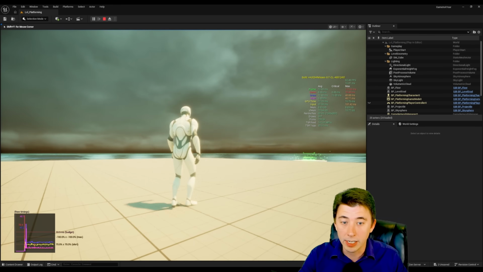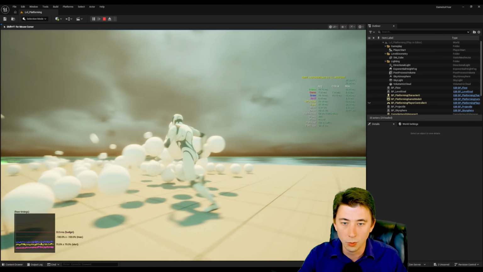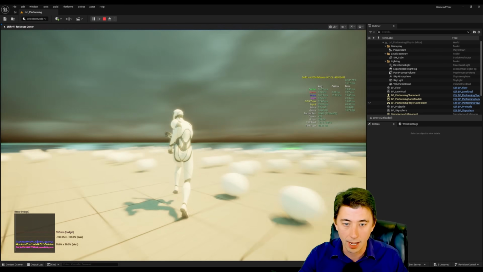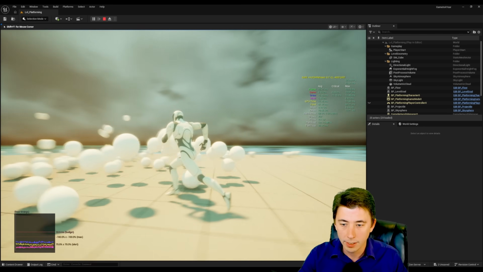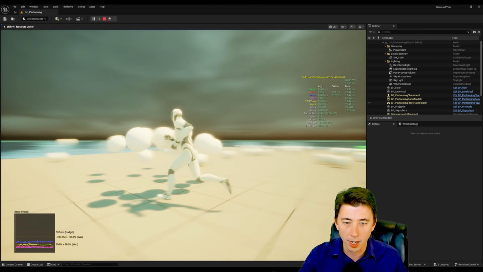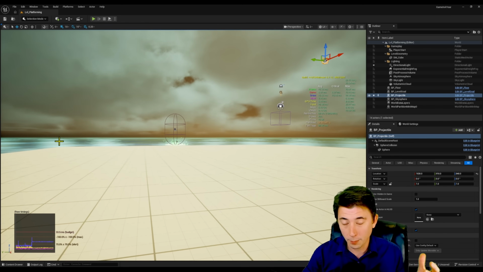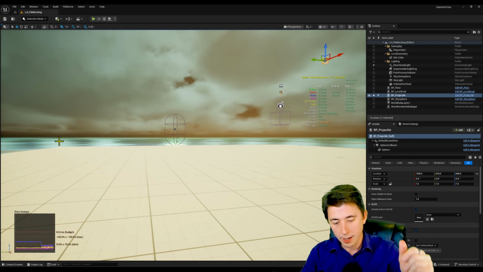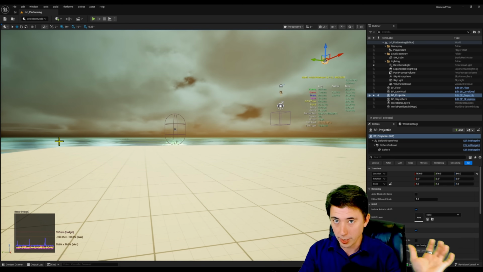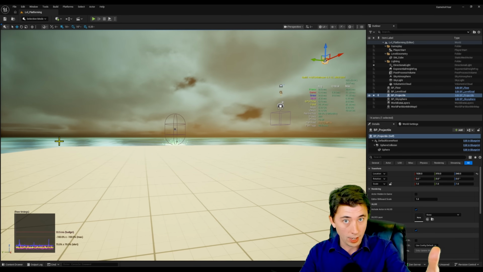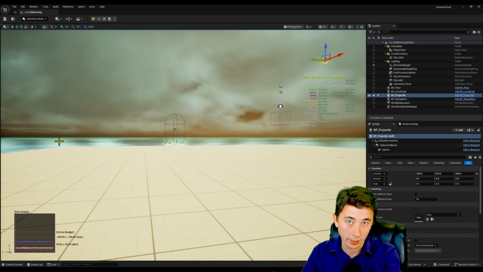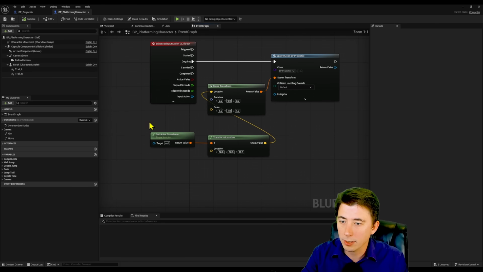And now if we hold E, it basically turns him into a human cannon, which is a lot of fun, but is not exactly what I intended. What we actually want to do is have some period of time where the character is throwing, and then during the throw, it's not actually doing anything, but then at the apex of that throw, that's when it spawns our projectile. So the way we're going to handle that, if I go back to our blueprint, we're going to